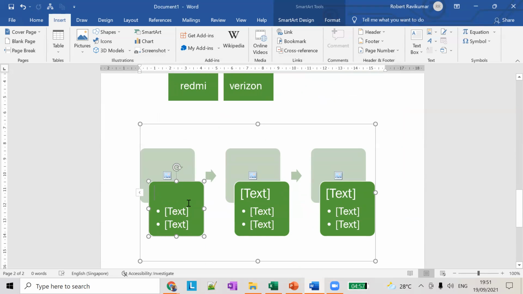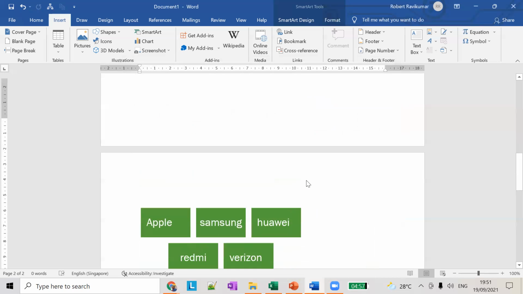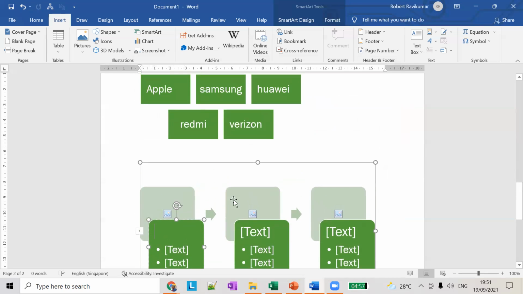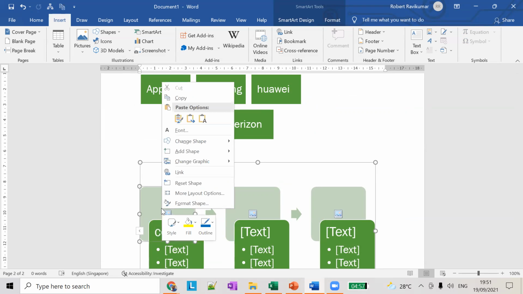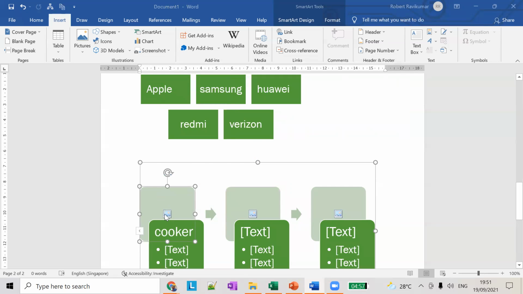So now if I say, what to say, what are we adding? First you have to clean rice. But let's say a cooker, okay. So if you want to add a cooker, right, click on the picture here. Add picture.